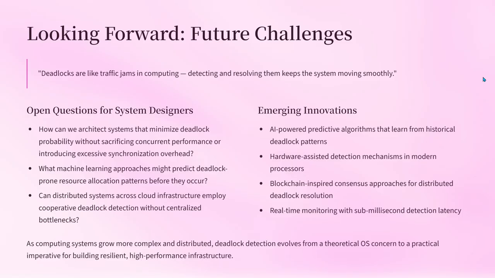As a system grows more complex, preventing deadlocks becomes a major design challenge. Future innovations may include AI that predicts deadlocks before they occur, hardware assisted detection, and even blockchain style distributed coordination. Just like managing traffic, detecting and resolving deadlocks